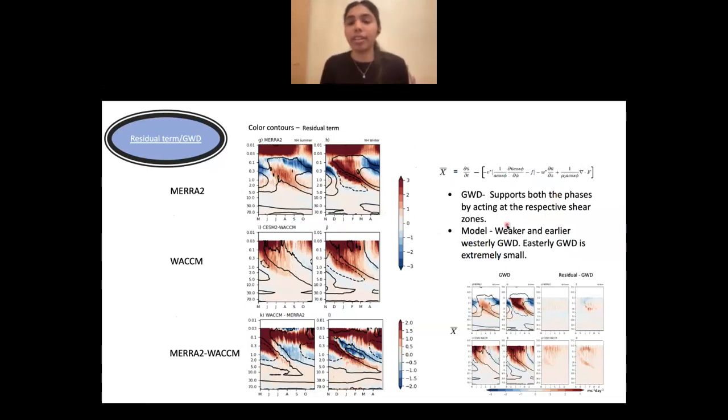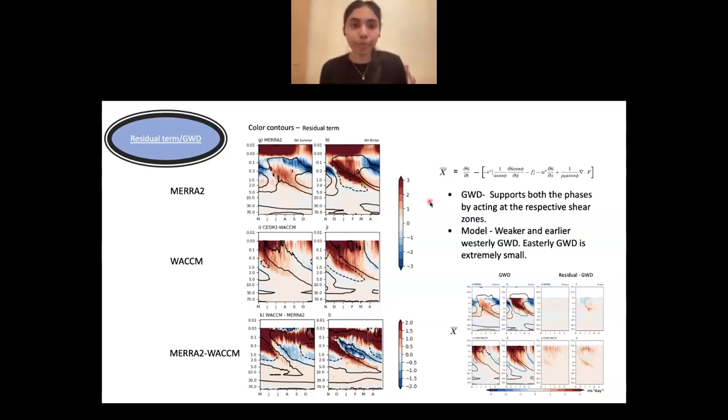In order to look at gravity waves, we can have two approaches. One is that in our equation, the only term now remaining is X bar. So if we subtract all the other terms, the meridional advection, vertical advection, and resolved wave forcing, from du/dt, this will give us the residual term, which is the X bar. In this right hand side plot, I'll show that it is mostly from gravity wave drag. The left four plots here are purely the gravity wave drag, and the right plots are residual minus gravity wave drag. You can see that most of these terms are close to zero, which suggests that the residual is mostly composed of gravity wave drag.